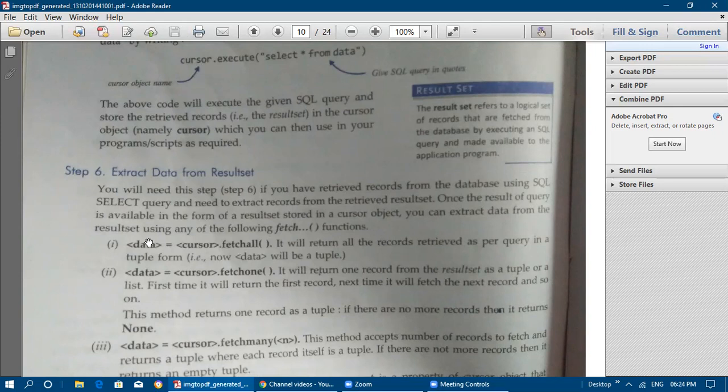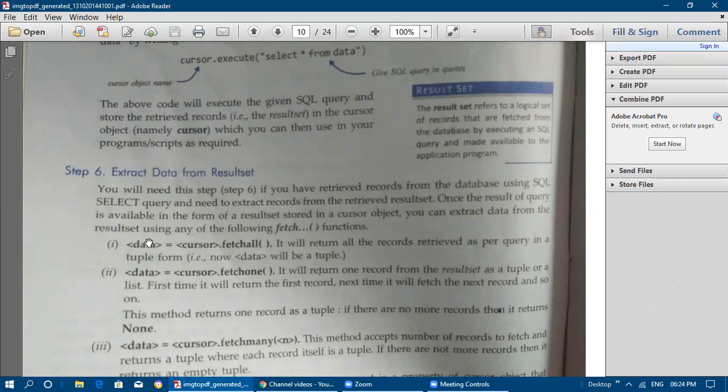Okay, the result will be displayed in parentheses separated by commas. So that is only here called a tuple. Don't confuse it with the MySQL tuple. In MySQL, a tuple is called what? Rows only. But in Python, tuple means what? A tuple is one particular data type that has the values within the parentheses.